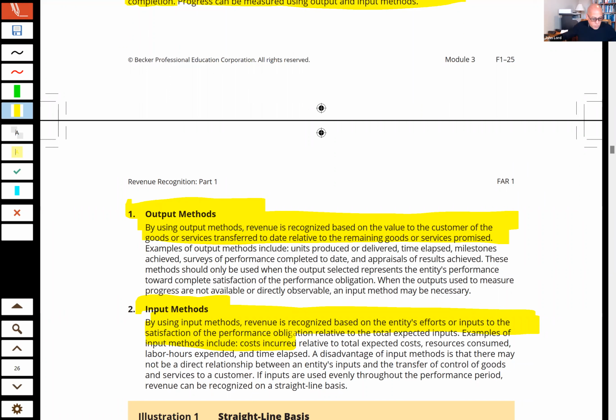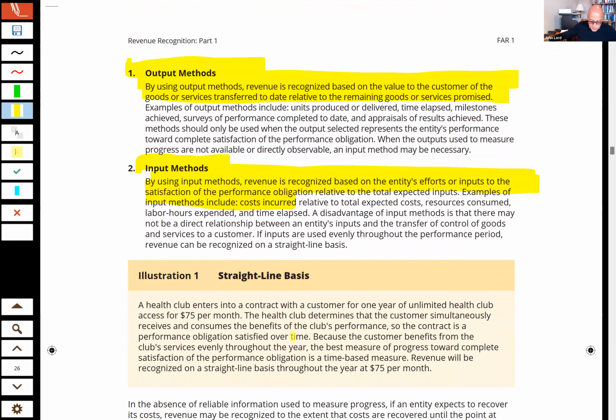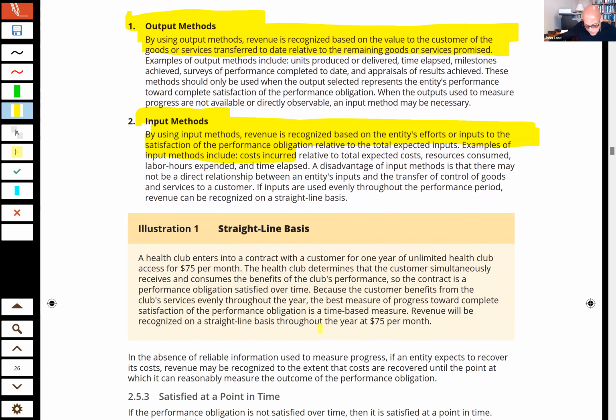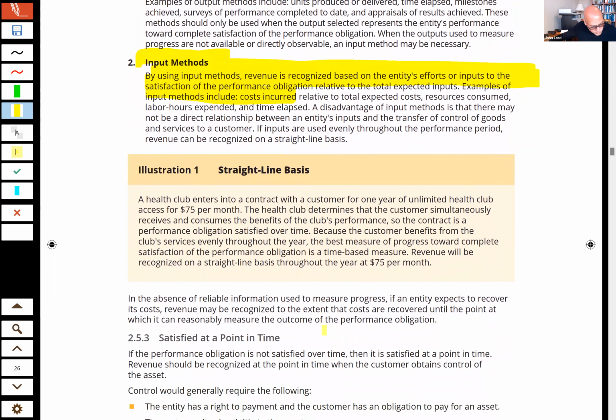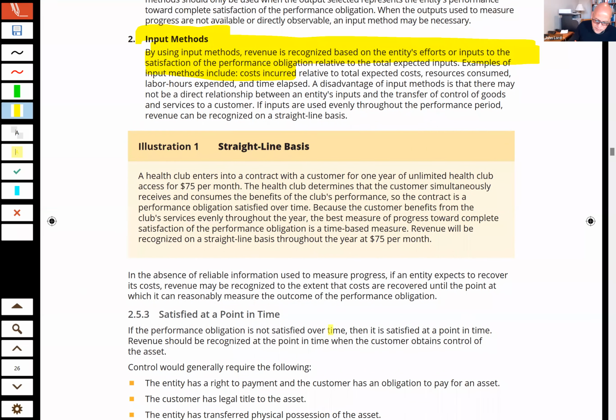Okay. Now, when we look, we can have performance satisfied over time. Okay, I guess we can look at this. I don't find this particularly interesting, but I thought they had something better than this. But let's go ahead and take a look at this. This is like, duh, but that's all right.